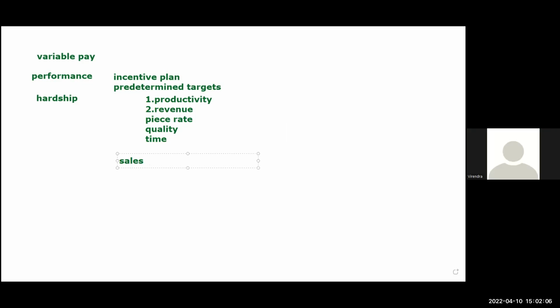Typically, he has to sell, say, 100 units, 200 units, right? Yeah, the number of goods he has to sell. So every incentive plan will have predetermined targets. Now, what does it mean? When we talk about predetermined targets,